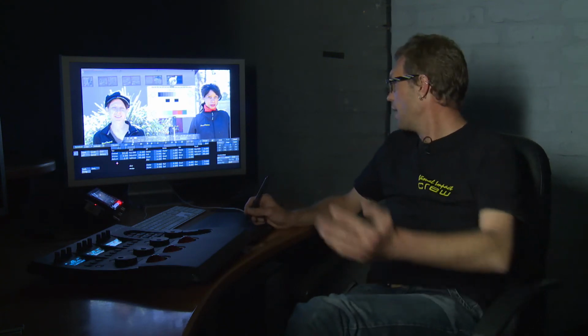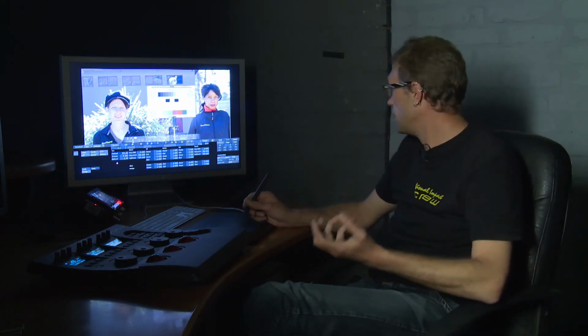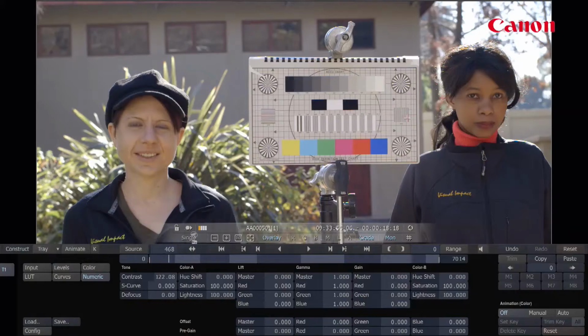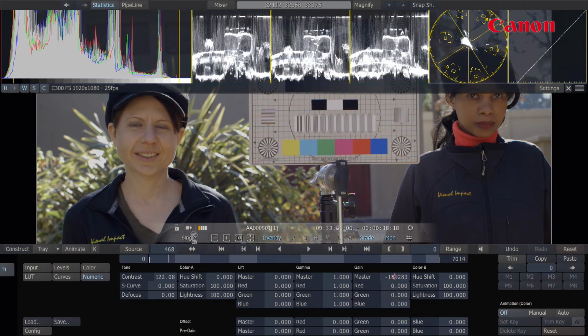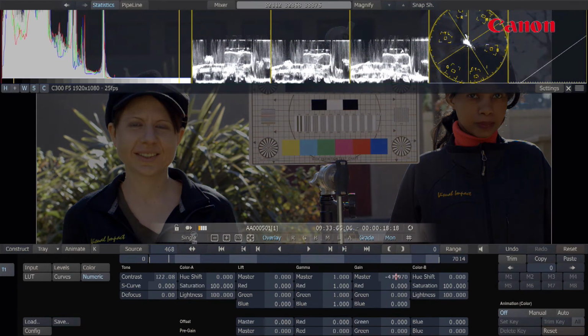Okay, so now that I've looked at pushing the gains up, I'm going to take from a base level, I'm going to pull everything down to see how much I can pull it down before I start losing detail and start getting artifacts and patterning and so forth associated with these cameras. Okay, so once again, working my master gains, I'm going to just bring up my parade. As you see me pulling down,